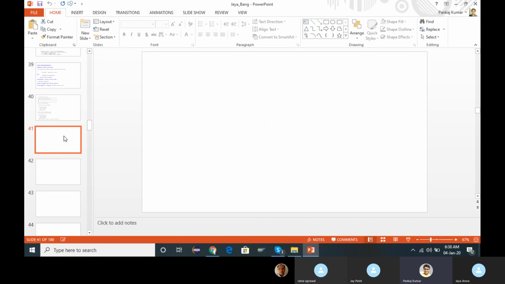Then gradually we will move towards what happens when our project migrates to S/4HANA, or Business Suite on HANA, with HANA as a backend. What are the important criteria, and how can we make our code compatible with the HANA environment? We will see that in today's class.